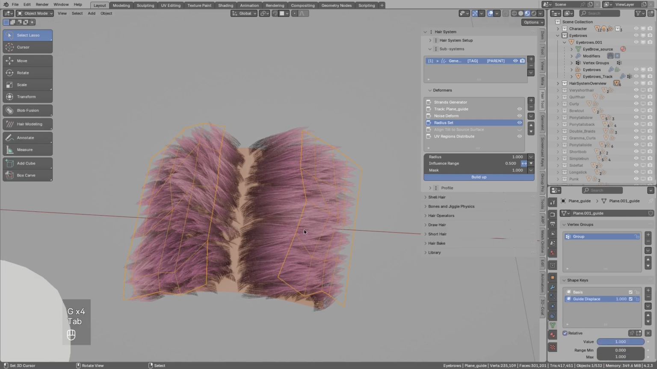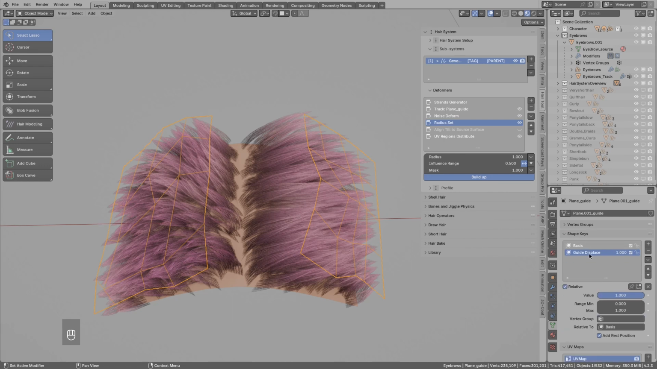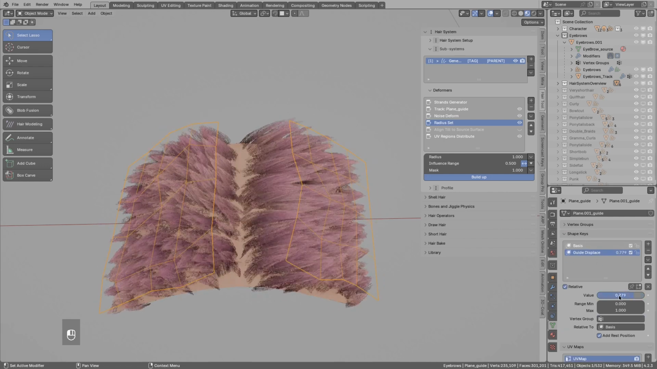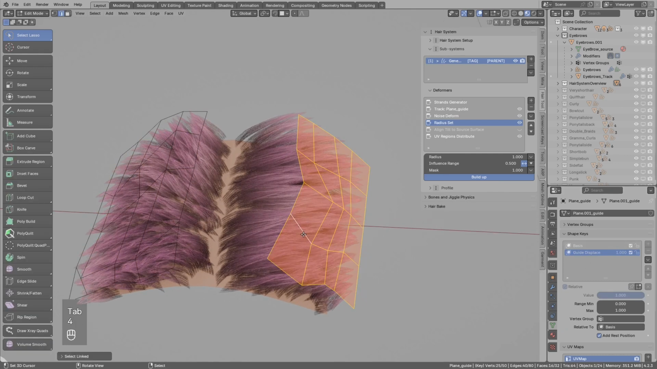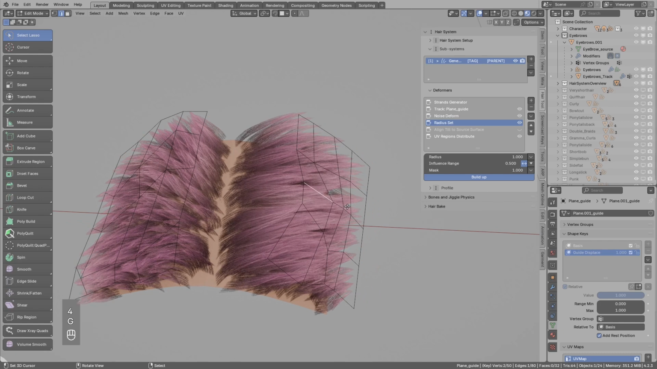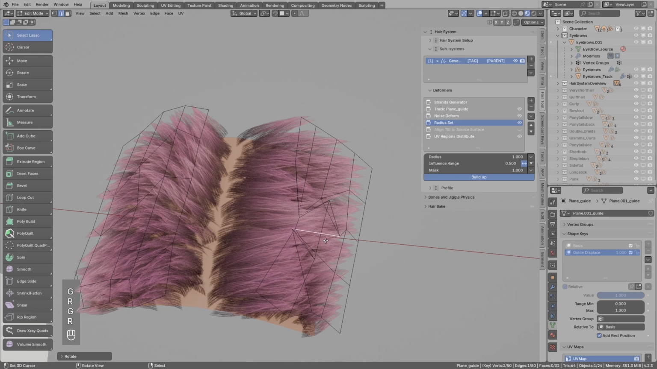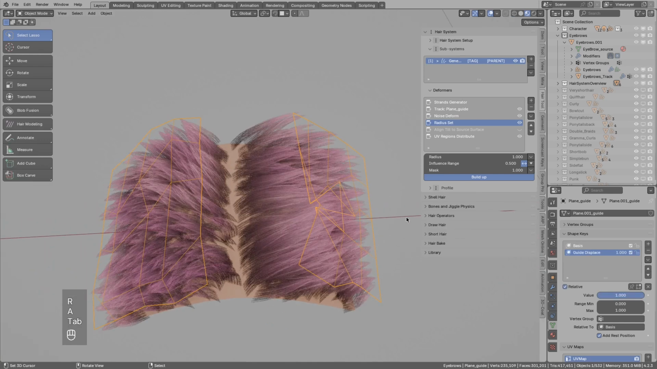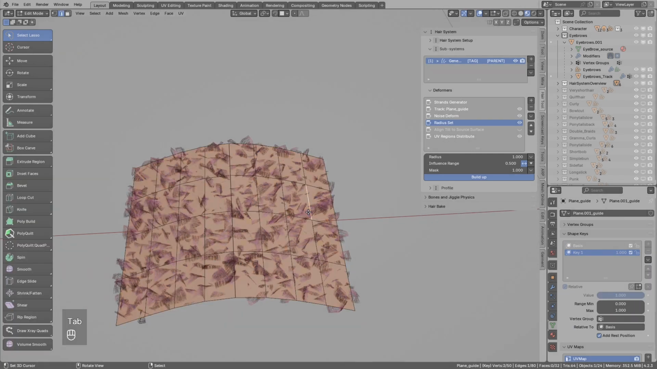shape keys. So remember that when I told you to apply the offset, it created this shape key, guide displace, and you see we are sculpting basically on this shape key. So if by any chance you mess up your guide mesh, make it mangled and deformed like that, you can always just remove this shape key, create a new one, and work